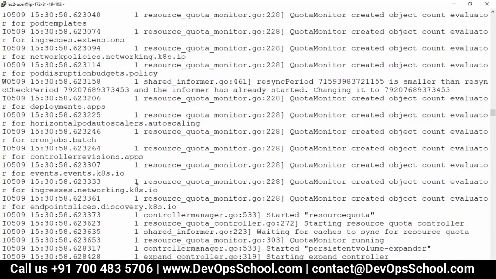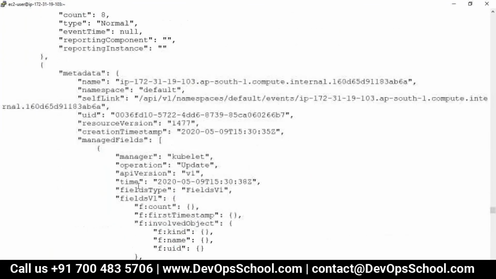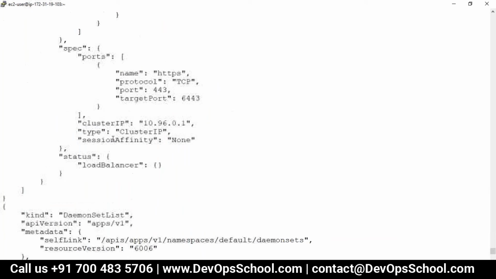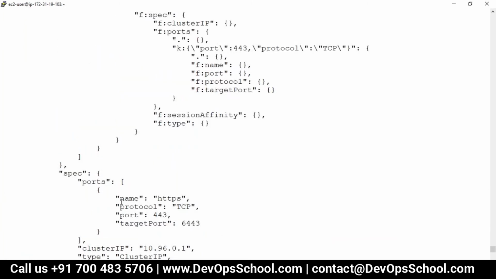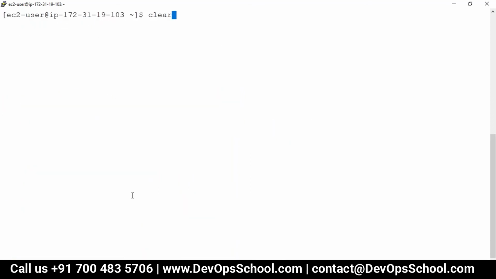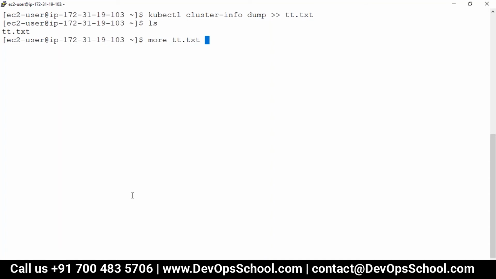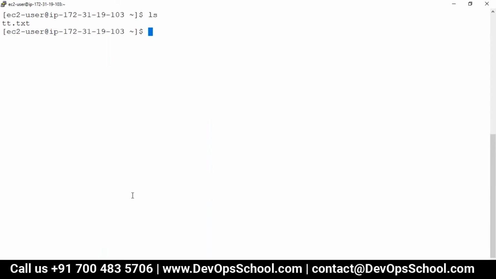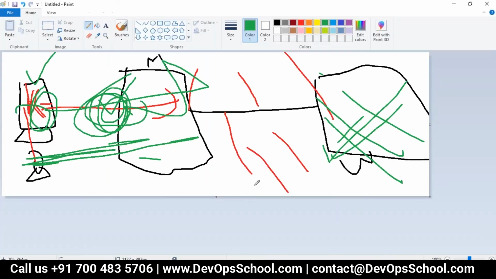Okay, so what we will do, if you are really keen to learn all this stuff, this one, all this thing, you put it into an HTML text file, and then look at it in the editor, and then you see it here. But right now, not to complicate, at least my cluster is running.